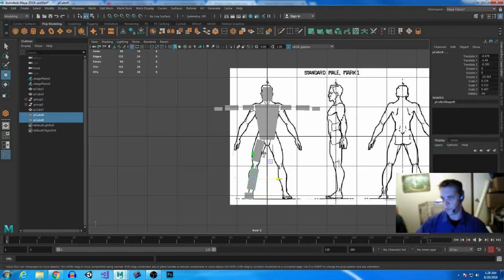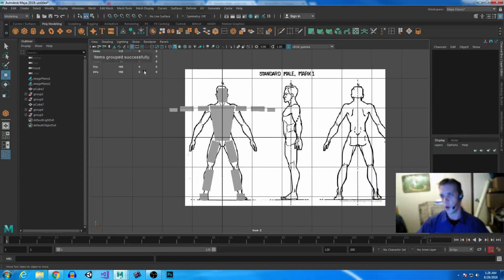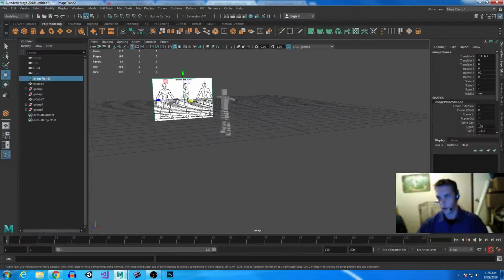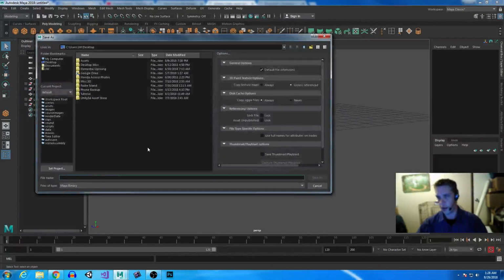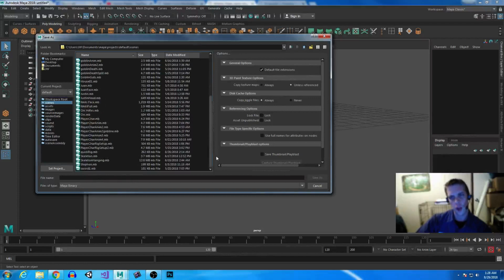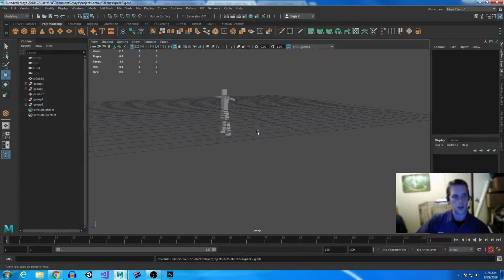Move this over. I'm going to select these, Control G, Control D. So this is going to be our polygonal object. In fact, let me go ahead and start deleting these right here. Control S. We're going to go, let me see, scenes. This is going to be my new, what we called the other one? Quick Rig. That's what it's called. Quick Rig. So we'll go ahead and save it and overwrite the last one that I kind of gave you